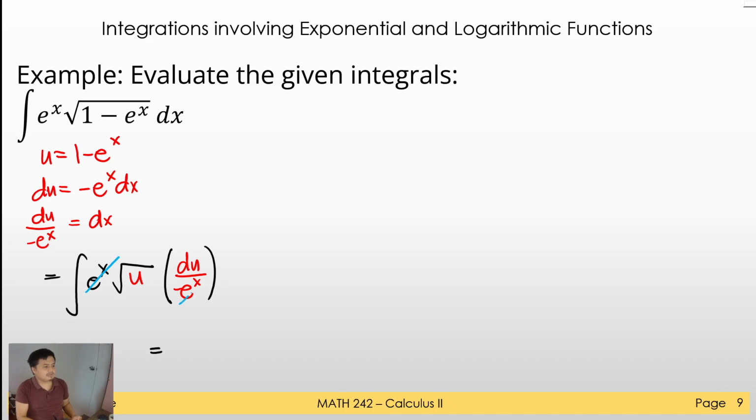Okay, we can cancel this out. So we have a negative sign, so negative integral of square root of u du. When we have square root of u, we can say that this is u raised to 1/2. So this is equal to negative. So using the power rule,